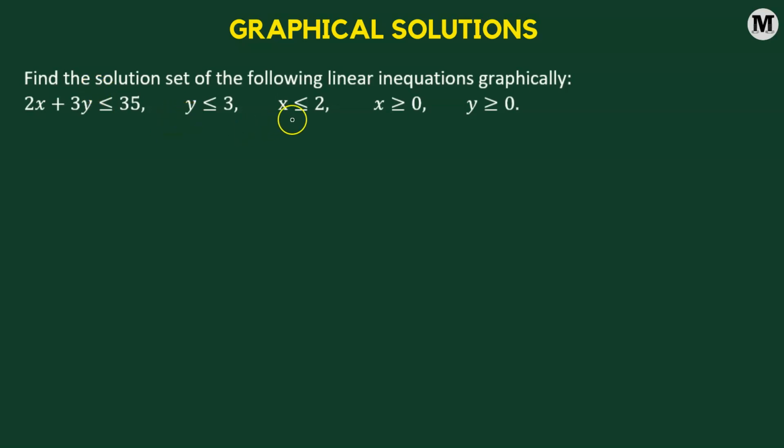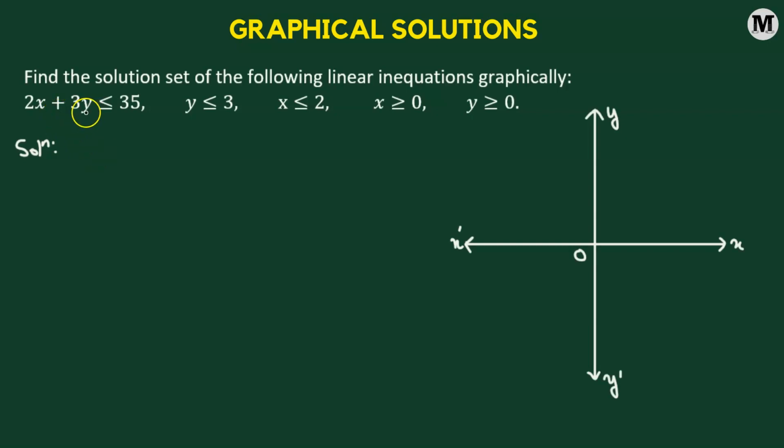Find the solution set of the following linear inequations graphically. Let us begin. What we'll do? We are going to consider the xy coordinate plane. Next, we are going to consider the inequality 2x plus 3y less than or equals to 35 and convert it